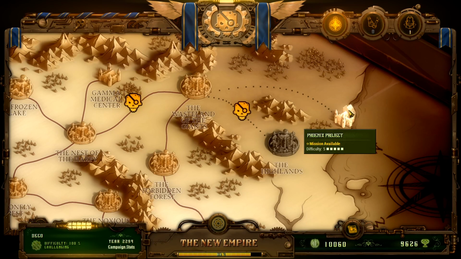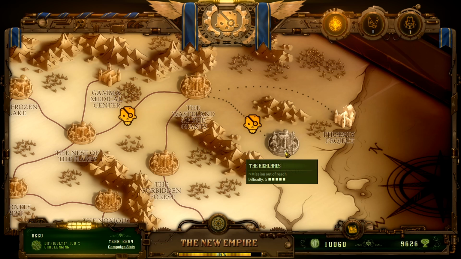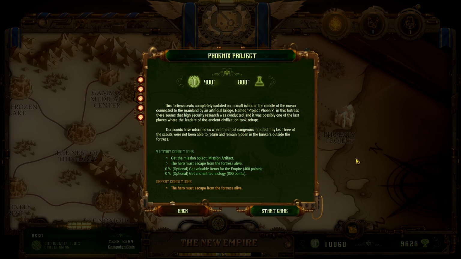So today we're going to be running through Project Phoenix quick here, and then blasting through this swarm, and then starting up the Highlands. We'll do our quick 5-minute summary of this, and then we'll move on from there. So, Project Phoenix, this fortress sits